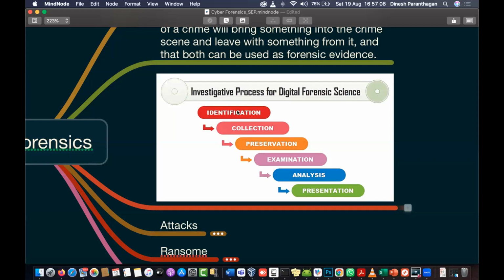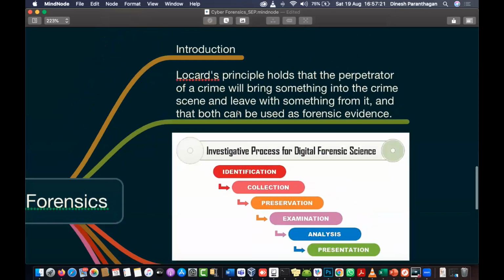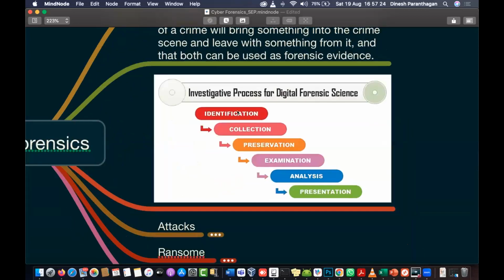So today I'm going to explain a few demos related to cyber forensics. It's not about a presentation session, so my presentation will mostly be a mind map. The introduction part, most of the members have explained, and this is a process they call phases. First they need to identify what exactly the crime is, and if they are seizing a mobile, a pen drive or some document, that is the collection. Then they need to know how to preserve it, and then examination, analysis and presentation.